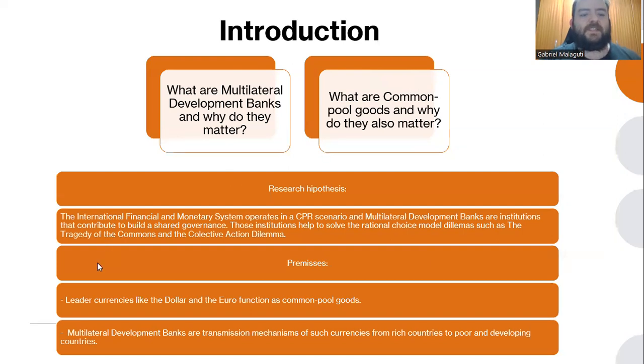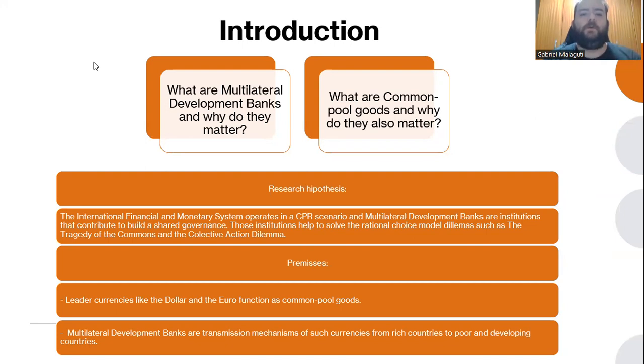Going to the title now. What are multilateral development banks? Those banks are obviously banks, but they are crafted by many countries. Sometimes, like the World Bank, there are 180 plus countries that have shares in those institutions. They are places where countries put their money, creating banks that hold a lot of international currency and make loans for member countries in need. So they create this common pool to manage together.